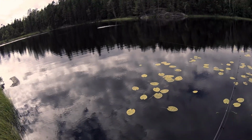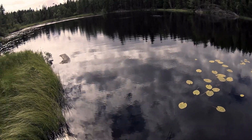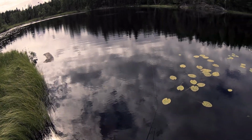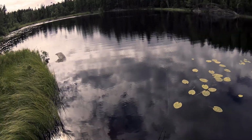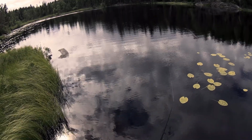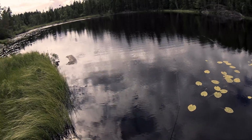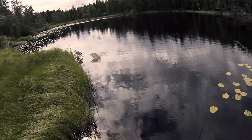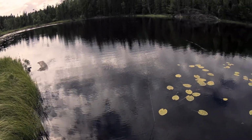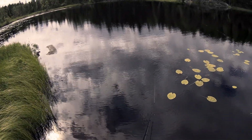from my experience, that happens quite often, because the fish can get a little bit spooked, I guess. When we keep on throwing pretty much in the same place, they hear the sound and the vibrations in the water. I guess sometimes that can also trigger some hits, but